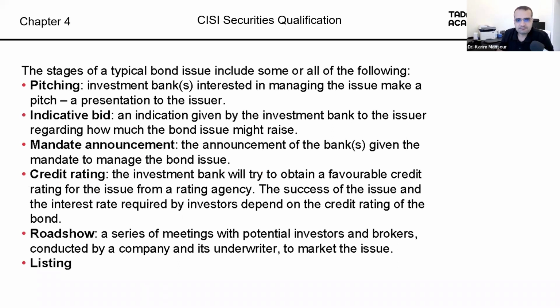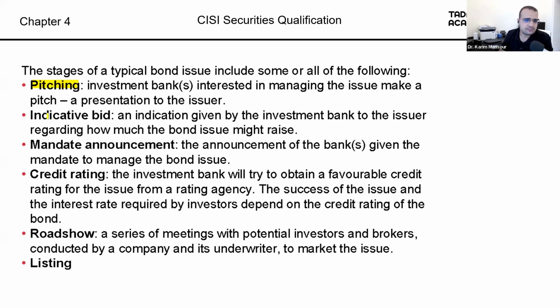Now, finally, the different stages of issuing a bond, just like in the stocks. Well, first of all, you announce as a company that you want to issue bonds. So investment banks come to you and then they do a presentation, their pitch. Investment bank A, B, C, and D say, this is what we'll do. These are our fees. This is how we'll help you raise the capital, blah, blah, blah. Basically, they're selling themselves to you.